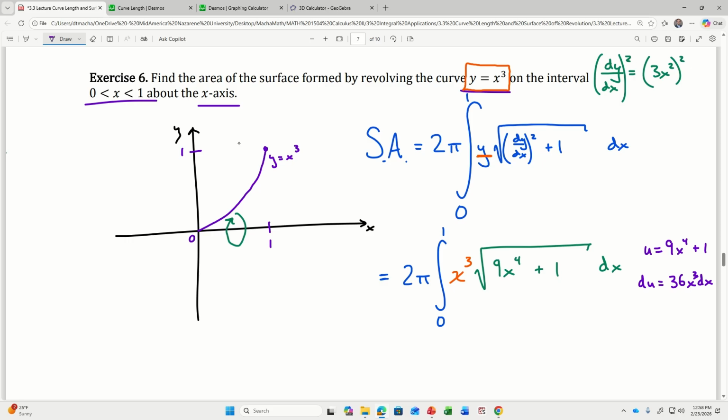I see an x cubed dx. Of course, I'll have to divide by 36. And 2 divided by 36 is 1 over 18